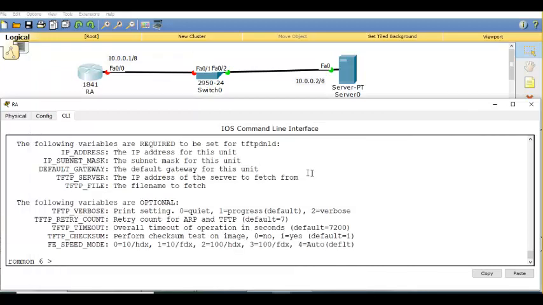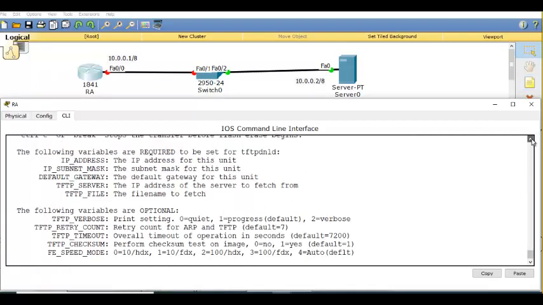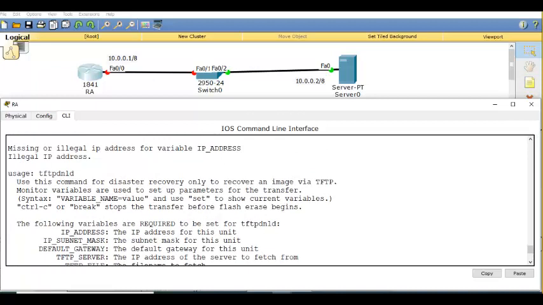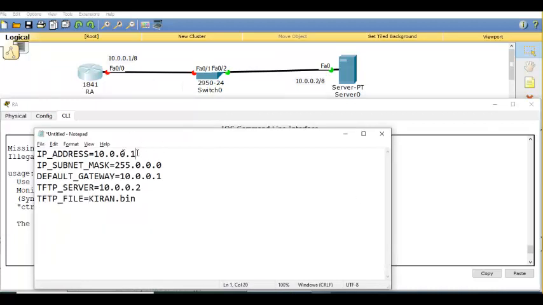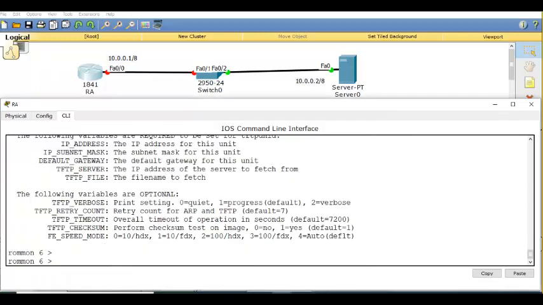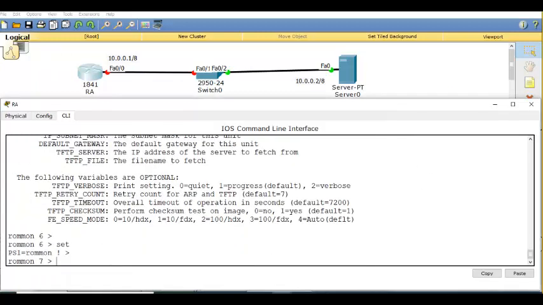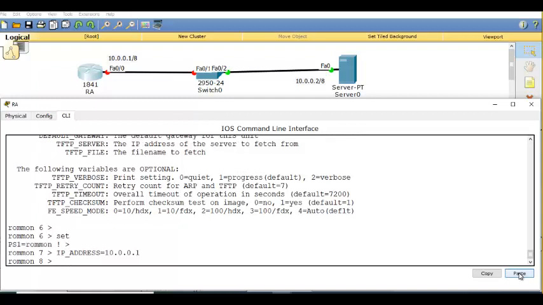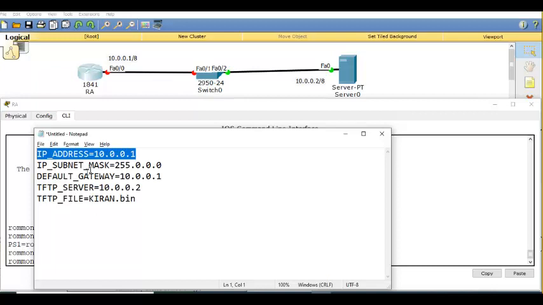You know how I know that? Because they show here a sample. In that sample they have not given any space. So let us now copy. Before that, you see there is no set. I'm going to paste it. IP address is given. And I'm going to give mask.